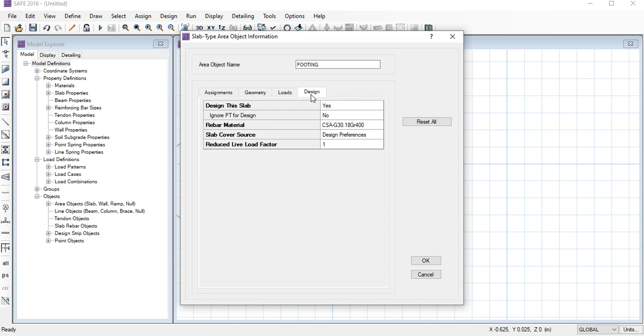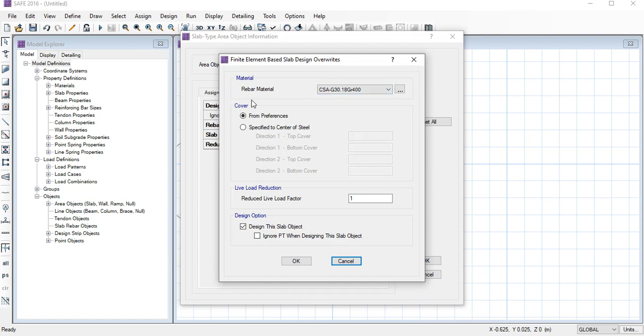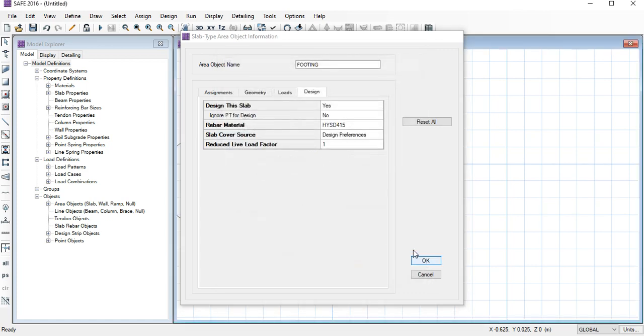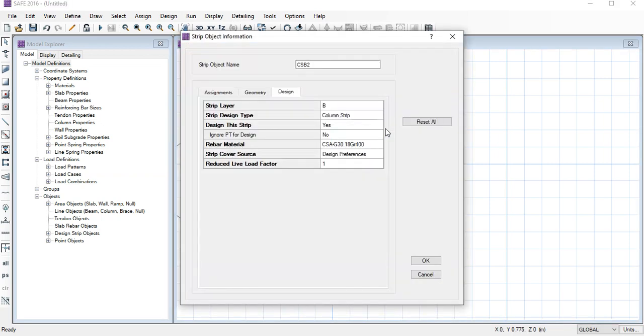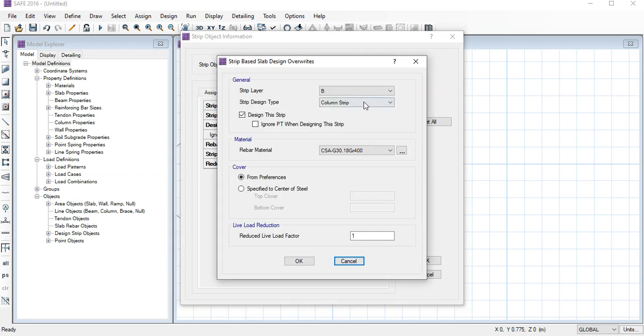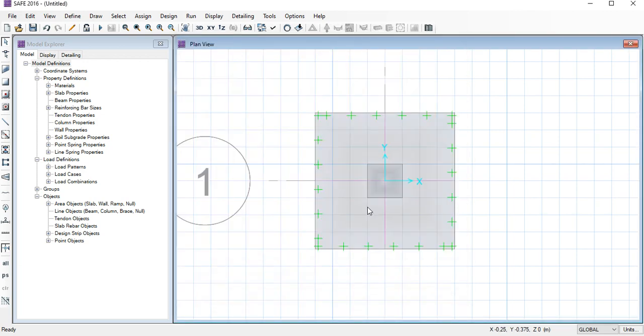You need to click here, the option Design, and after that Rebar Material, and here is the HYSD that I have defined earlier. So we will click and select it, and I will do the same for the design strip option B, the same rebar material, and also I will click OK here, and OK here.